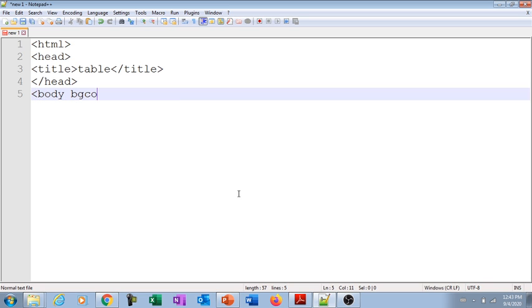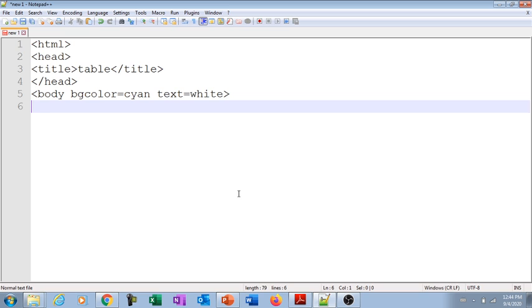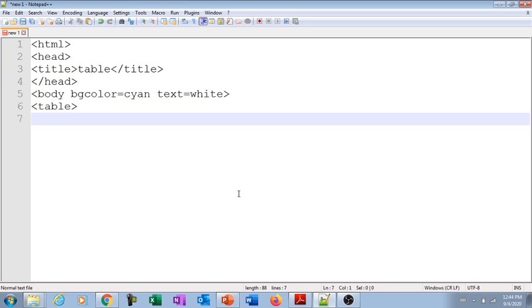body bgcolor equal to, let's say, the name of the color. Text is equal to, let's say, blue, white. Okay, white. Now we have to write table. We will write border equal to, let's say, we don't write the border first, just look here. Then I will press one tab,